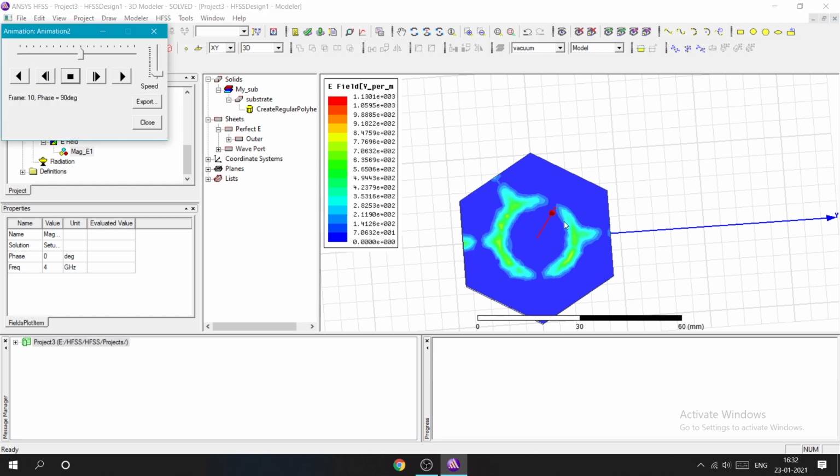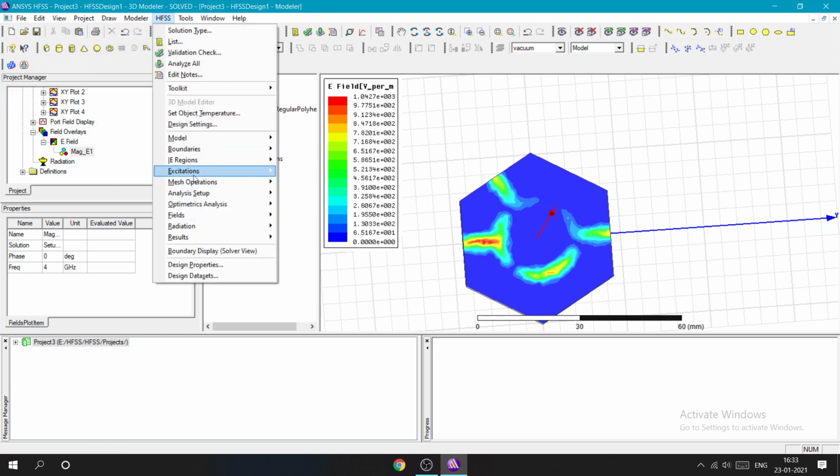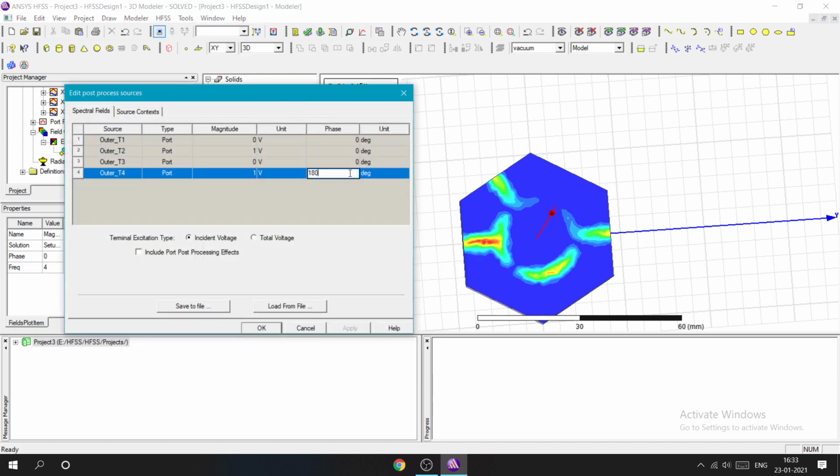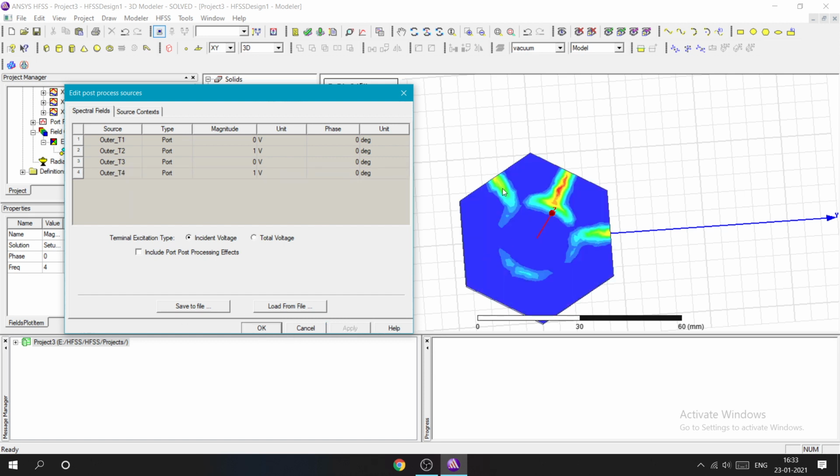See, you can see these two are cancelling and they are added up here. I mean to say basically this is the difference port, because 1 minus of minus 1 is adding here. That means this is the difference port. Okay, so that's why nothing is coming out of here. So I quickly will see the other one also. That means same phase. So you can see that. Press apply. See, both are adding and coming out of this port.